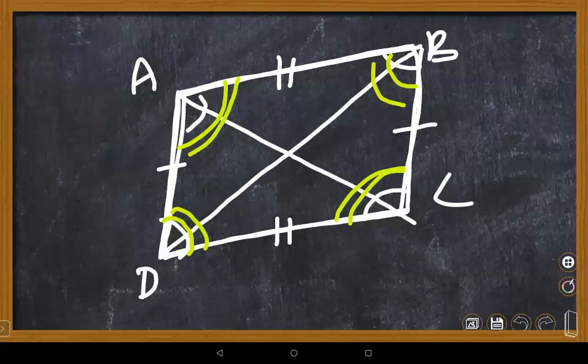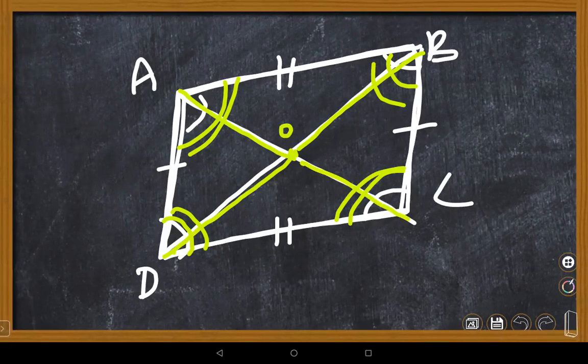Yes, ma'am. What, Nitya? How to find what is the total? I didn't speak about the diagonals of a parallelogram: they bisect each other at a point. This is another point. They are bisecting at point O. Bisect means what, children? They cut in half, ma'am. Exactly true. Suppose DO is equal to OB, it is cut exactly into half portions. AO equal to OC. These are the 4 points, children.